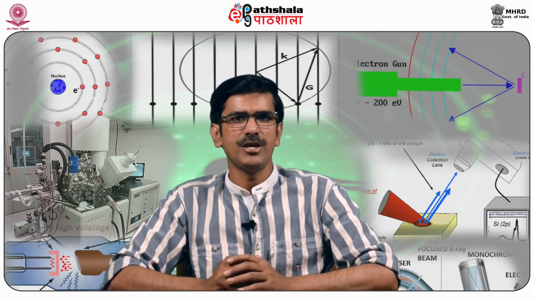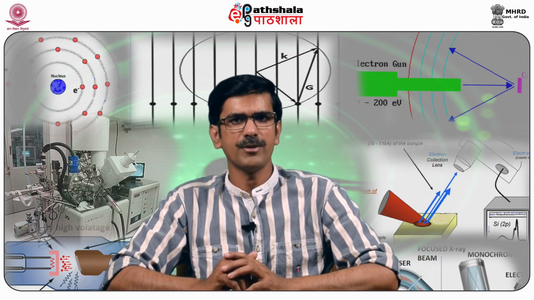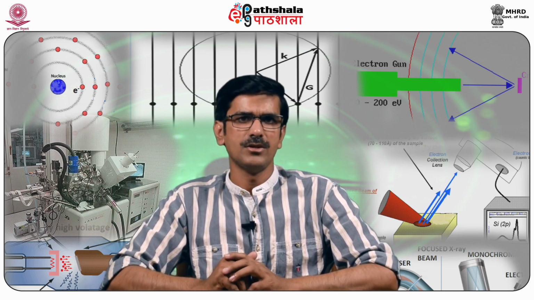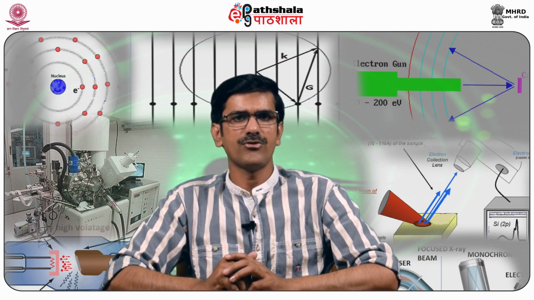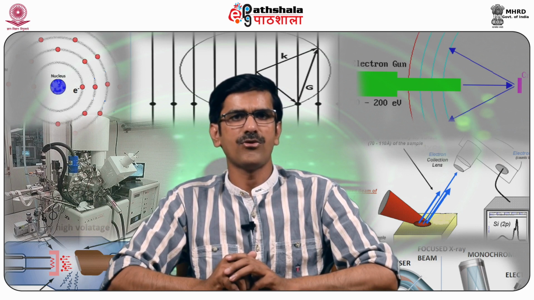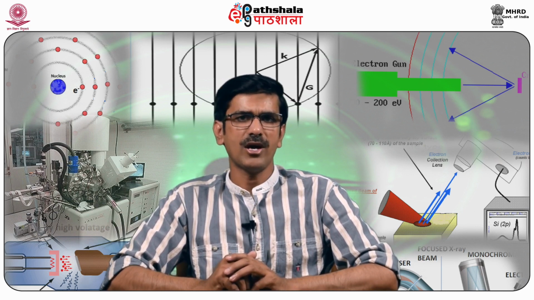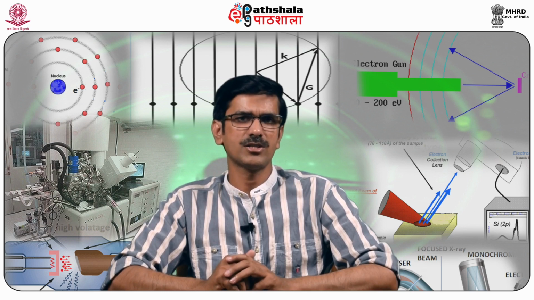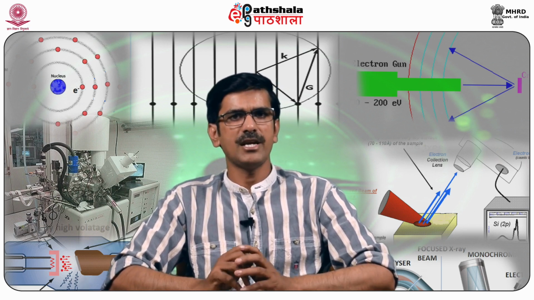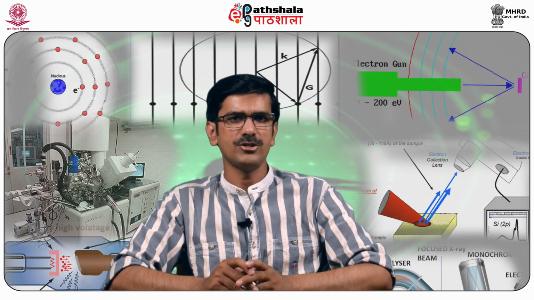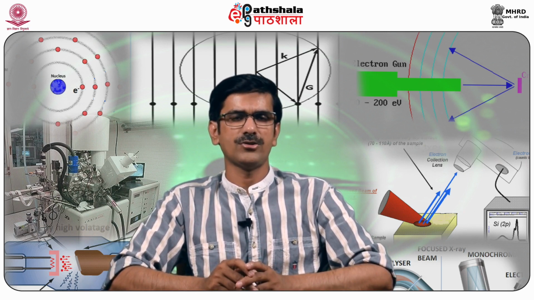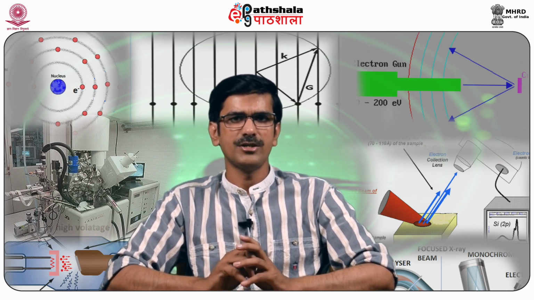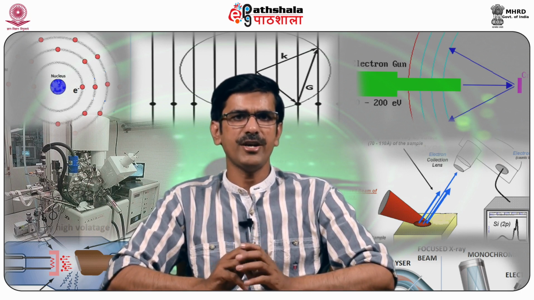XPS has a choice between a monochromatic beam of a few microns or an unfocused non-monochromatic beam of a couple of centimeters. These beams originate from an X-ray source of either magnesium or aluminium, giving off about 1254 electron volt and 1486 electron volt of energy respectively. In PES experiments, electron guns can also be used in conjunction with X-rays to eject photoelectrons. With an electron gun, the electron beam is easily focused and the excitation of photoelectrons can be constantly varied.